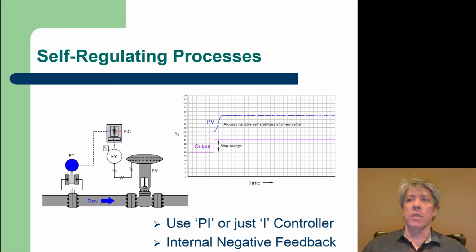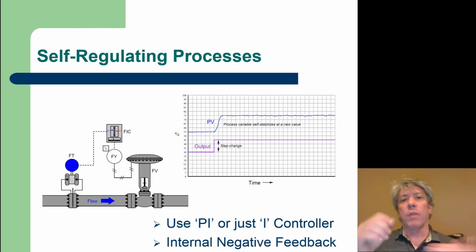Let's say that you change the set point. The flow rate's going at 100 GPM, you want it to go 200. And so you change the set point to 200 GPM, and what happens? Well, the controller notices there's a difference between the set point and the process variable. We want 200 GPM, we got 100. Take the difference, the error is 100 gallons per minute, no problem. It starts opening up the valve,